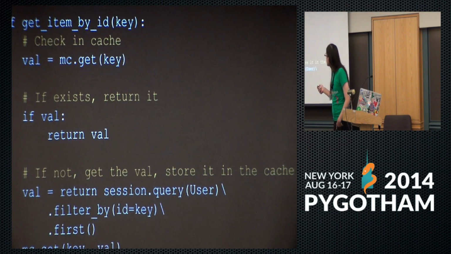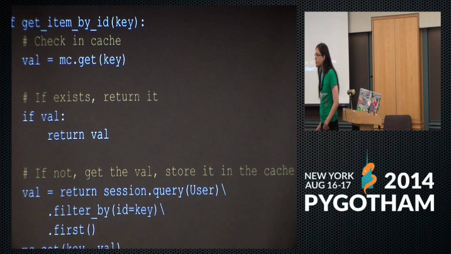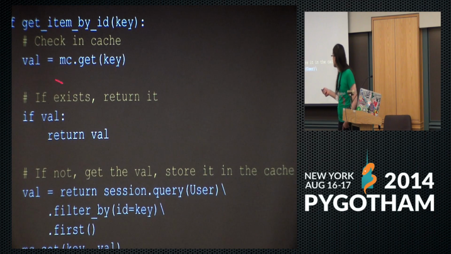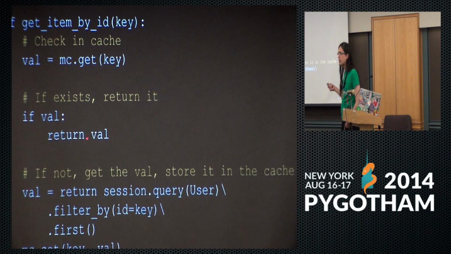So here we have this MC. This is actually Memcache. It was developed by, I believe, the folks at LiveJournal. It was really the first popular in-memory cache. It's been supplanted by Redis a little bit, but it's still a very basic system, very easy to get up and going. If you're in AWS, they have a service for it. And what we're actually doing is getting this key from Memcache. Now that assignment can actually fail. It's kind of like looking something up in a